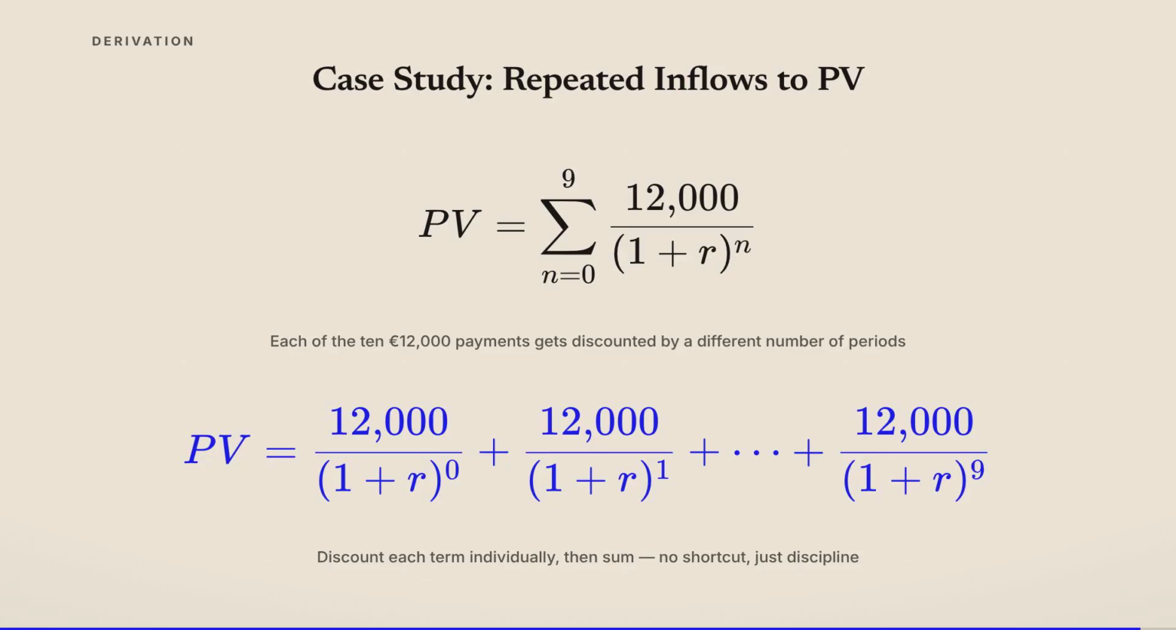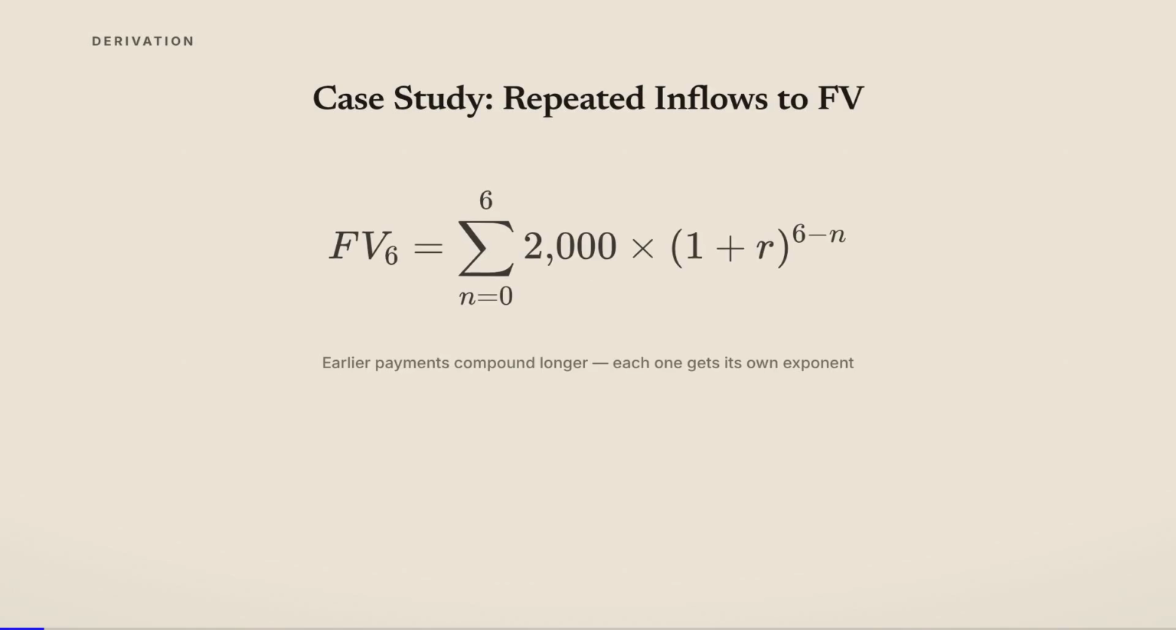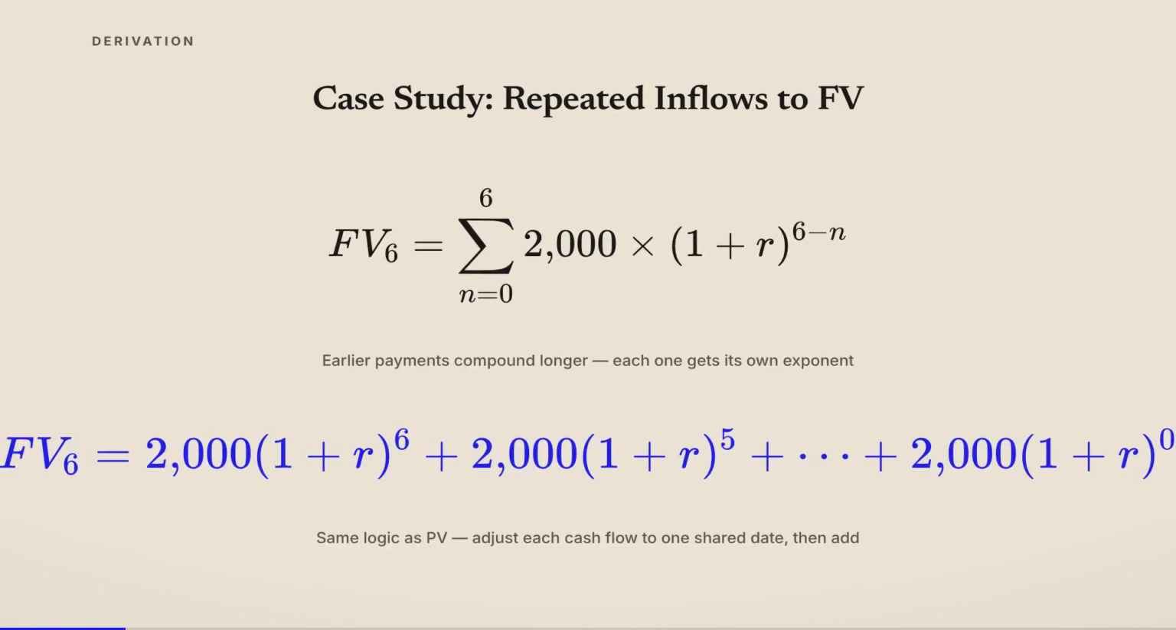not a numeric answer. The source's second worked illustration uses repeated 2,000 euro inflows and moves them forward to a common future date. The formula written in the extract shows each payment compounded by the appropriate number of periods, from the earliest payment all the way to the latest one. That is the future value version of the same logic we used for present value. Adjust each cash flow to one shared date, then sum the results. Again, the source does not specify the return rate, so the lesson is the pattern of compounding, not a numerical